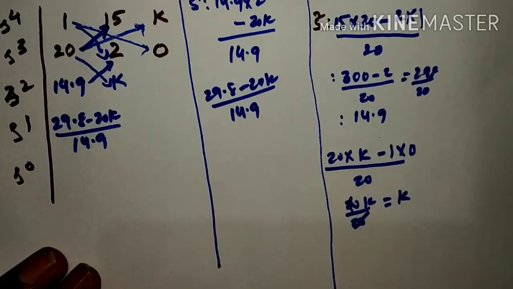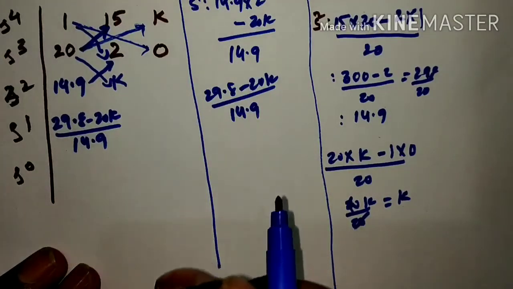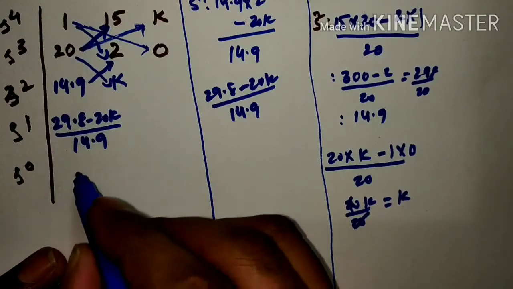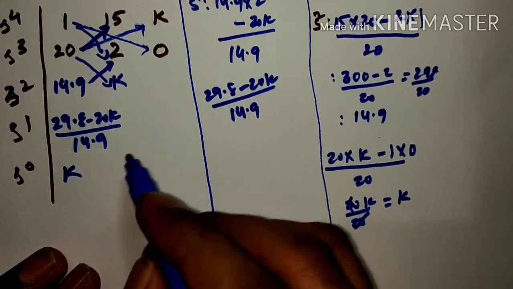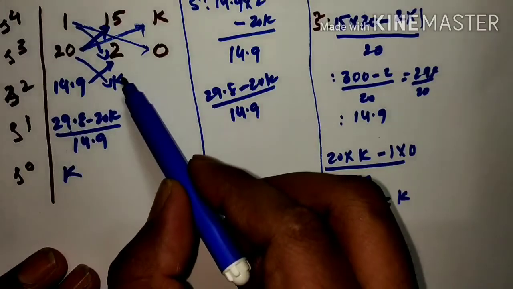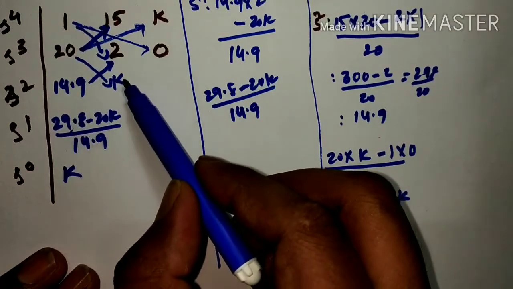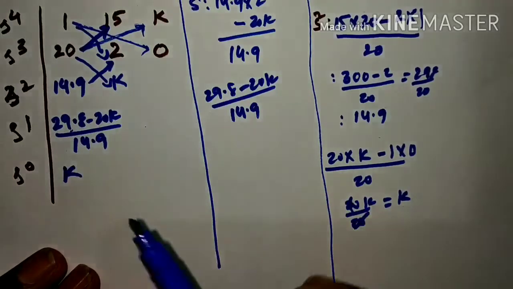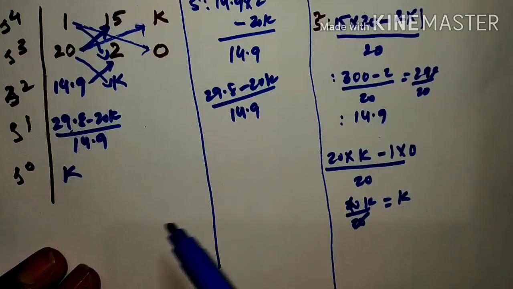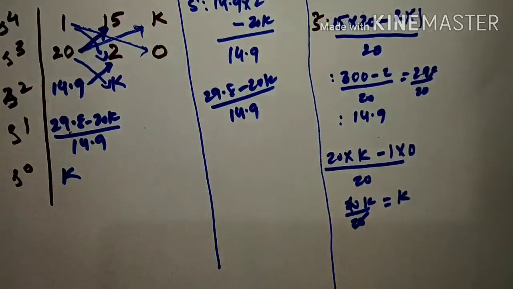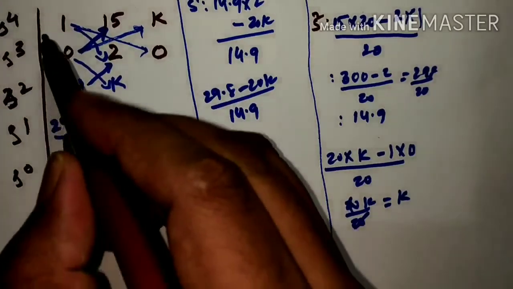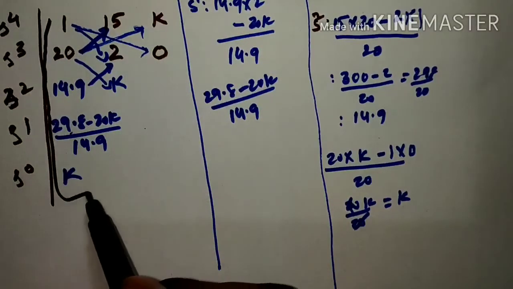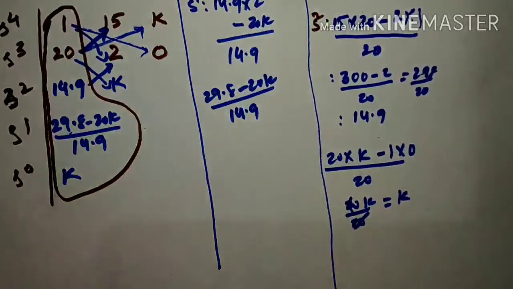Now what is the s^0 coefficient? You will just find the s^0 coefficient by cross multiplying, and you will only get the k value. Now we examine the first column of the Routh array. This is the first column. We are going to examine it for the system to be stable.